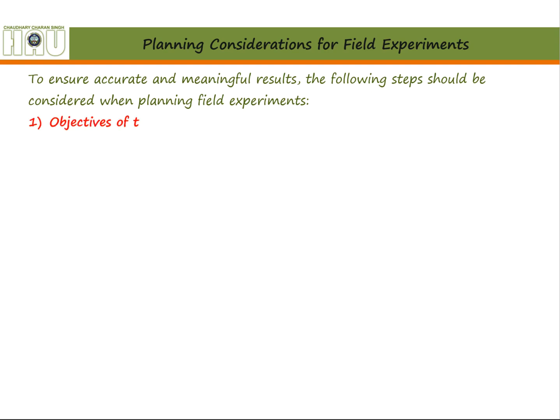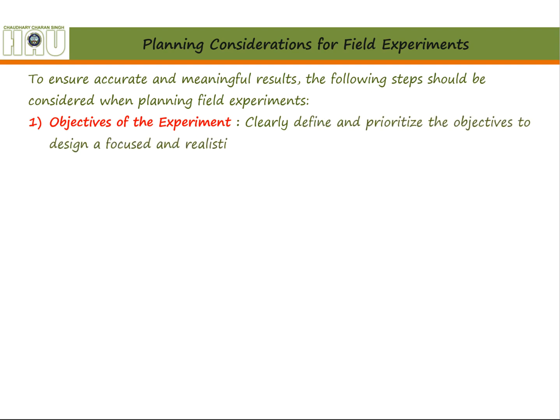First one, as I have already mentioned, is the objectives of the experiment. Clearly define them and set the priorities of your objectives to design a focused and realistic experiment, right? So you should define your objectives according to their priorities,